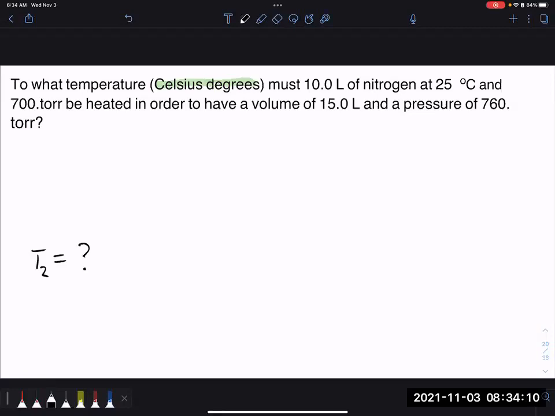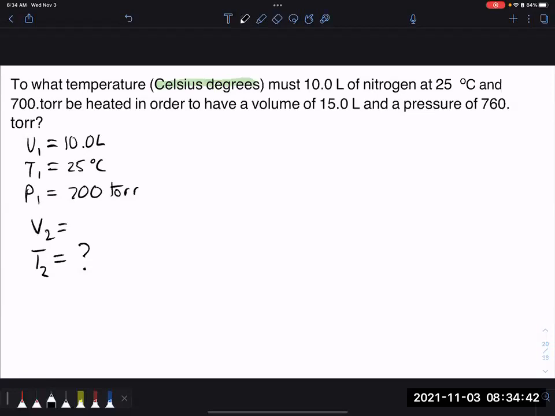So to what temperature must 10 liters? It'll be V1. And then we'll have our T1 as we have nitrogen at 25 degrees C. And pressure here, P1, 700 torr. In order to have a volume of 15 liters and a pressure of 760 torr. So our V2 then is going to be 15 liters. Pressure P2 is going to be 760